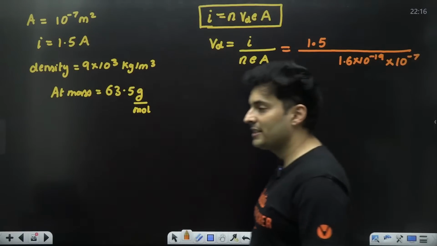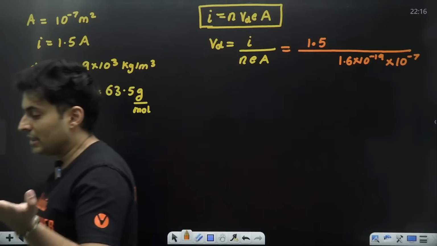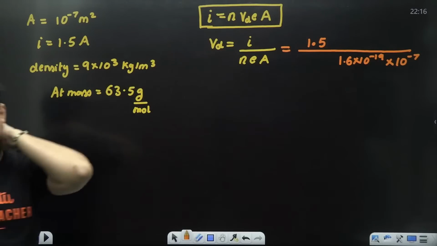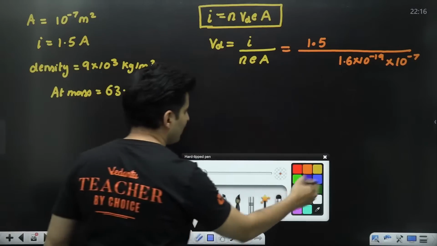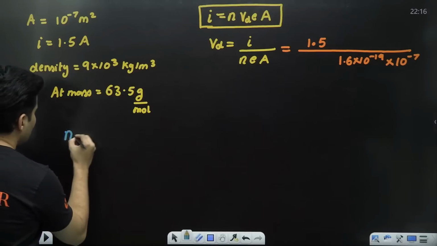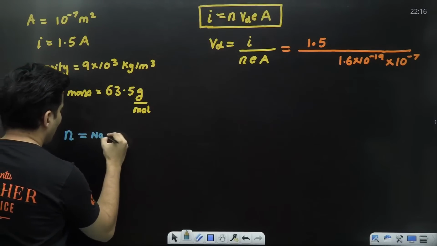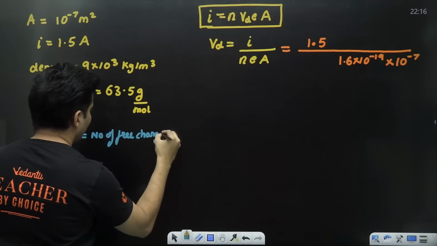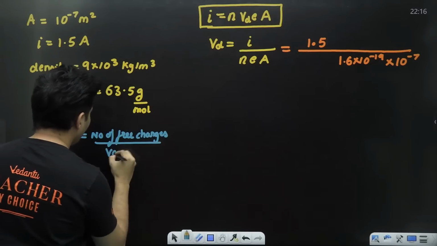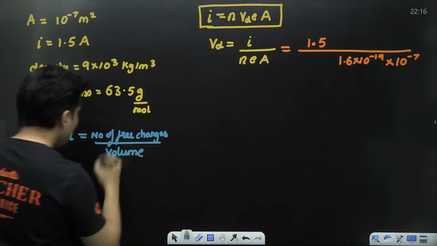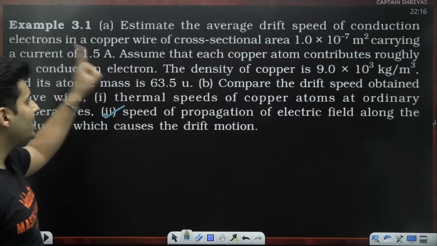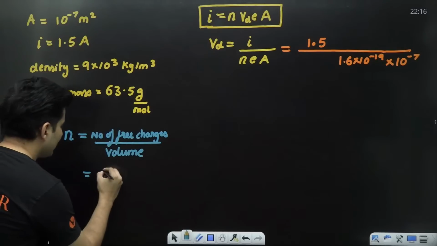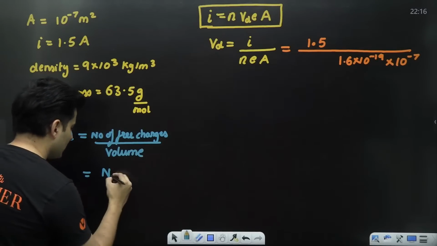What is this small n, sir? That value is basically not given to you. So how do I find this small n becomes the next challenging part. This is the number of free charges per unit volume. Since it was mentioned each atom contributes 1 electron, can I say it is basically the number of atoms